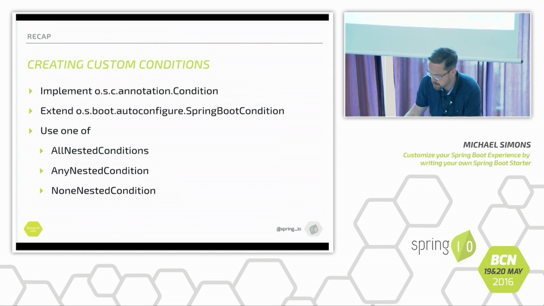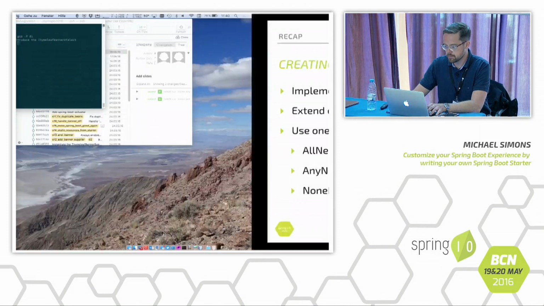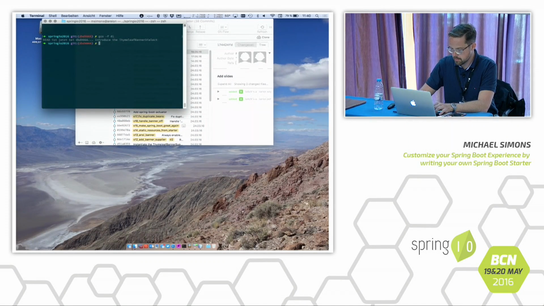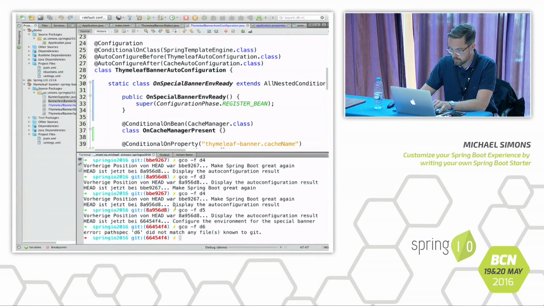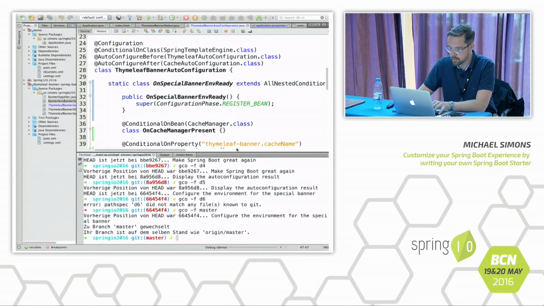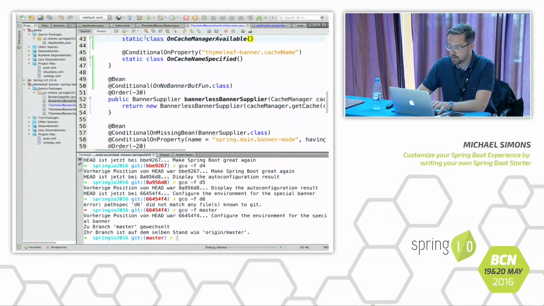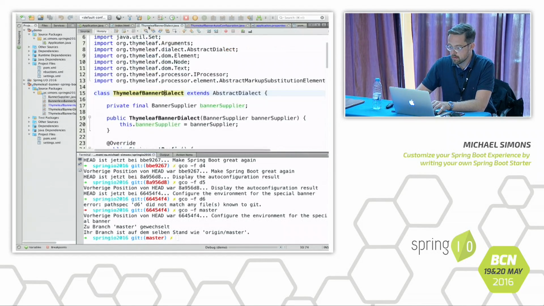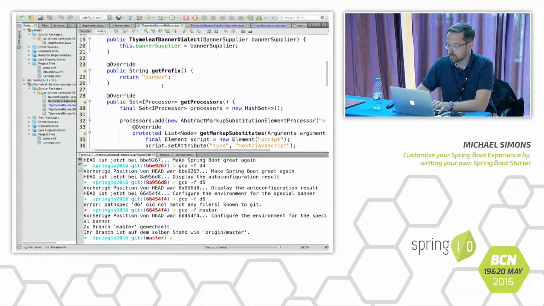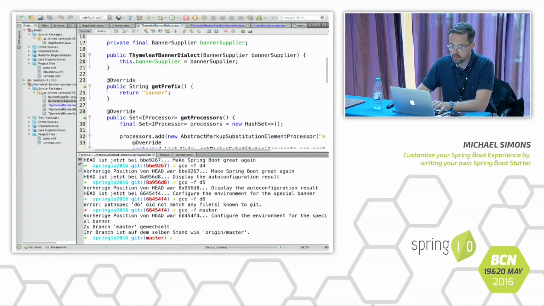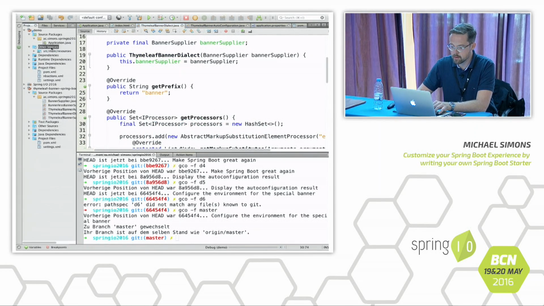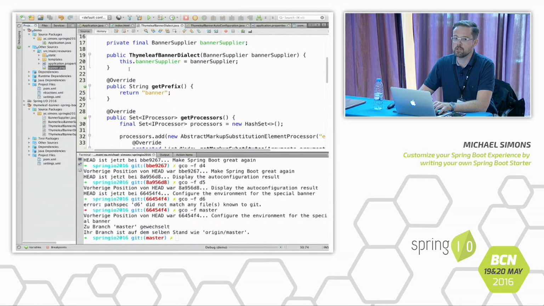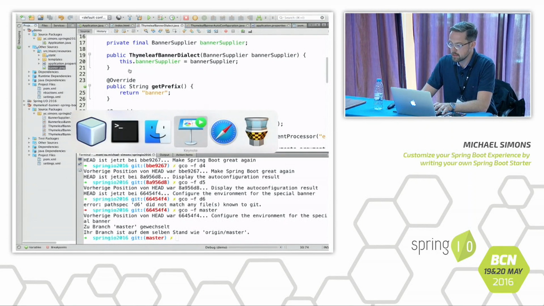Before I come to my conclusion, I have some time left. I'm going to show you new features of Spring Boot 1.4. Oops. I'm just going to check out master. In master, in Spring Boot 1.4, I have direct access to the banner itself, and with this change right now, I have added a banner.jpg. It suddenly got a lot louder, and